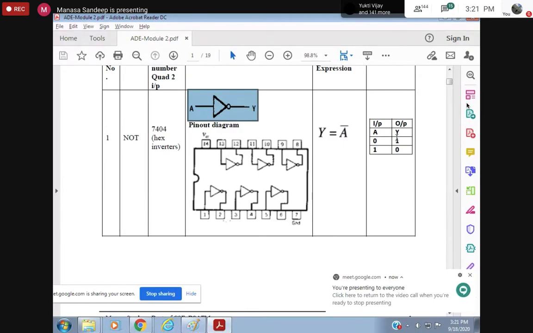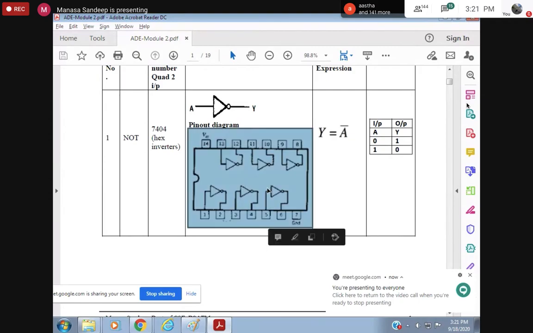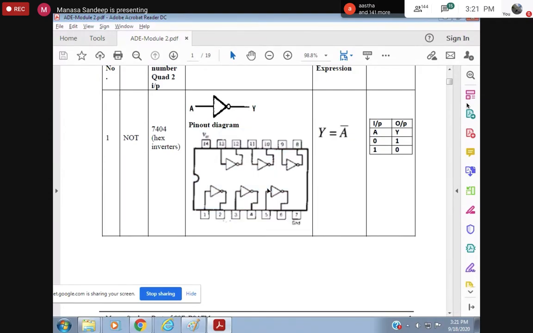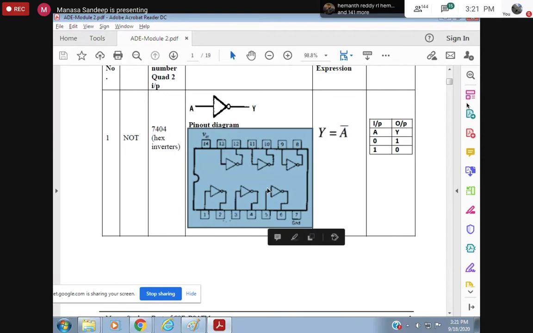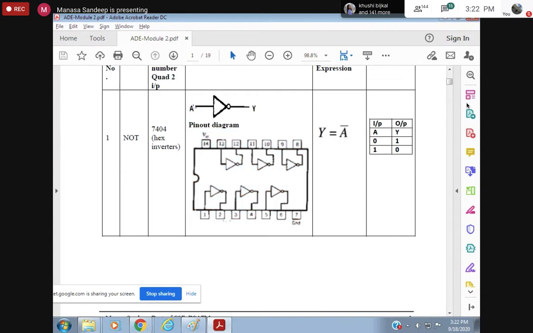So that you don't land in confusion or lag behind. Got it? So this is the truth table. This is how it works. This is what the expression is, and I expect you to be prepared with these things before coming to the next class. So this is the IC representation. Explaining this is our responsibility. We will do it when we start the digital part in the lab syllabus. So what are you expected to do? NOT gate, symbol, how it works, what is its truth table. This is what you should be knowing.